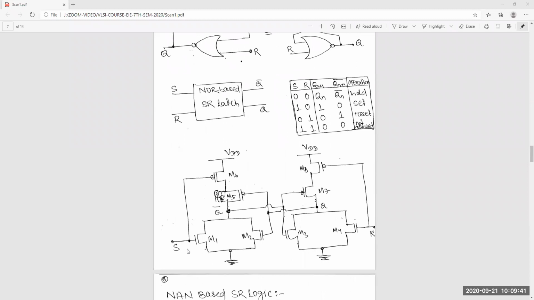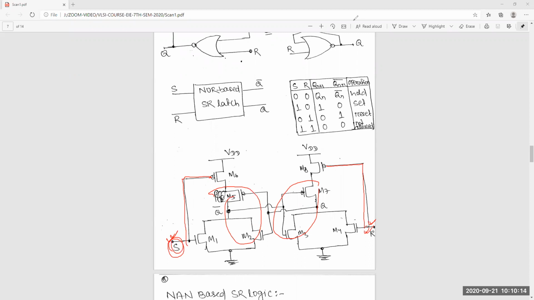These two things work as a back-to-back inverter type, and this is the controlling input, your S and your R. It is the same as an inverter, but the extra thing is that a controlling input is there. So by changing this value, we are changing the output states.